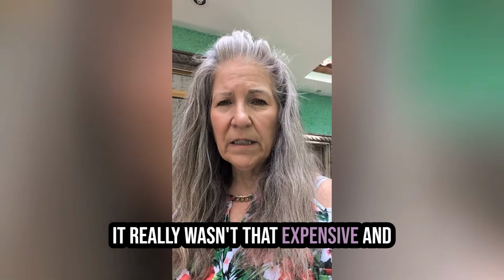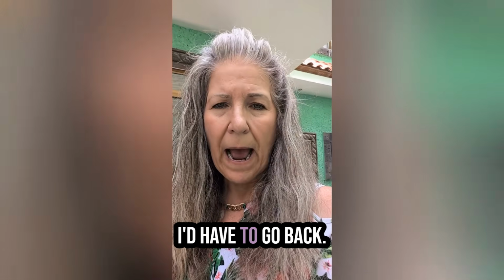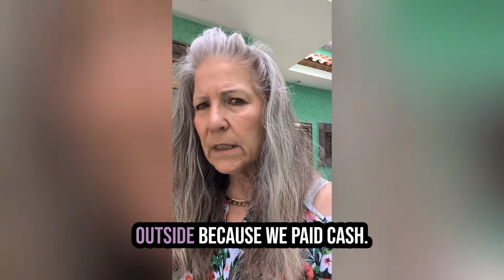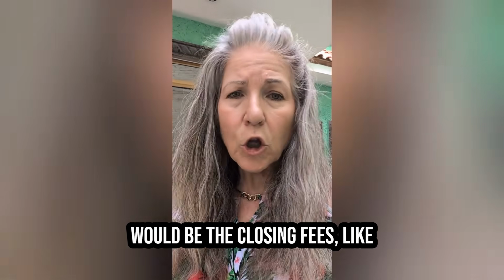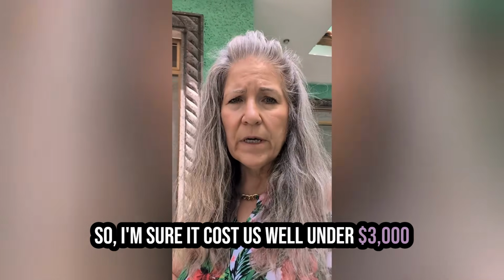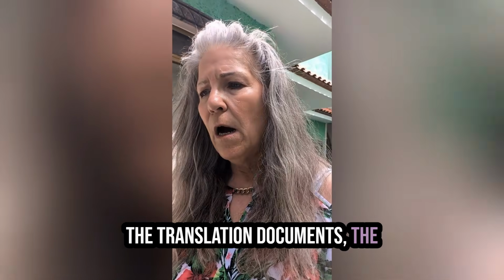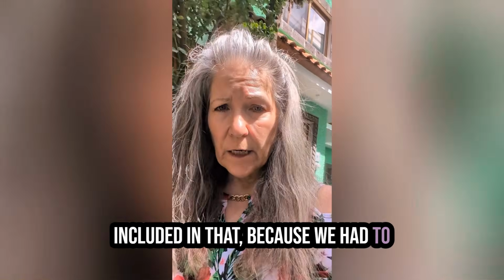It really wasn't that expensive, and honestly, I wish I could tell you how much it was for her services. I honestly cannot remember. I'd have to go back, but it really wasn't that expensive. Outside, because we paid cash, the only additional fees we had would be the closing fees, like the title fees, that type of thing, which the attorney provided. So I'm sure it cost us well under $3,000 to do all of what we did, meaning the translation documents, the attorney, maybe even the travel included in that, because we had to come down here for the final part and